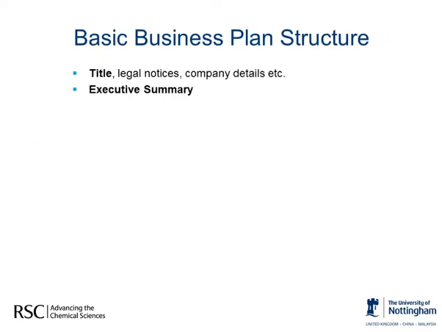There is no set form to which a business plan must adhere, and a typical example is outlined below. This business plan contains a title as well as other legal notices and company details. It then has an executive summary, which is like a scientific abstract and summarizes all of the other information contained